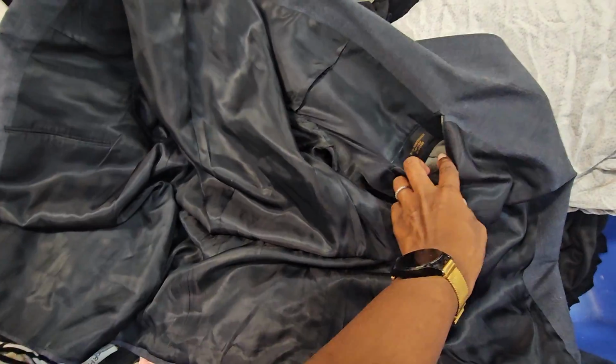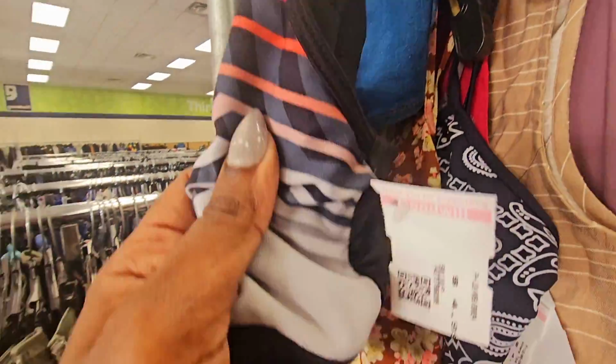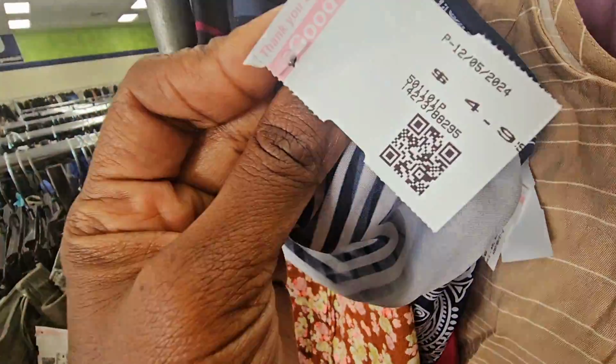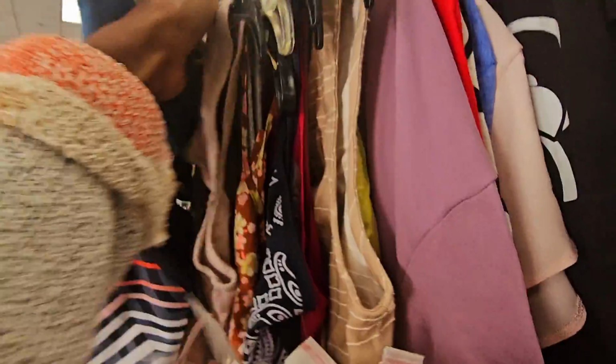I've just really been having luck. So I don't get to go to the Goodwill outlet often, but lately when I go, it's been awesome. Thrift store number 2. I never used to do this, you guys. And if I can give you one thrifting tip that I really think you should try out is going to